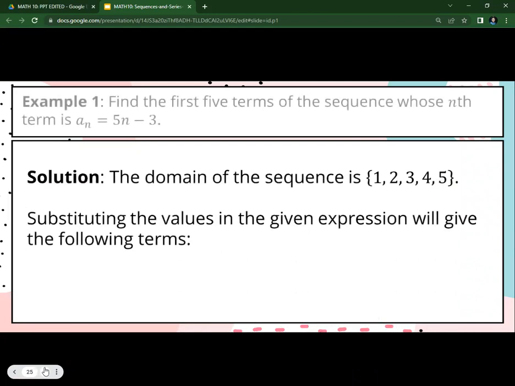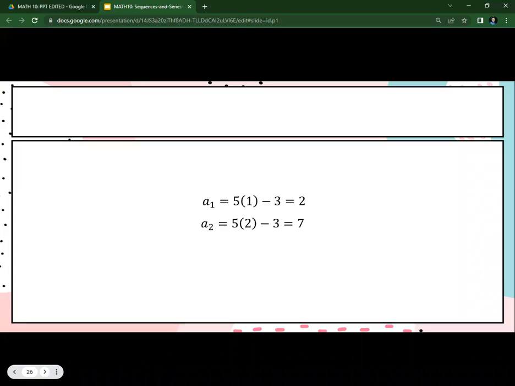simply, we should have the domain or yung tinatawag nating pang-substitute sa value. Okay? So we have here the 1 for the first term, 2 for the second term, 3 for the third term, 4 for the fourth term, and 5 for the fifth term. Since ang hinanap natin ay first 5 terms. Now, to solve for that, for the a sub 1,